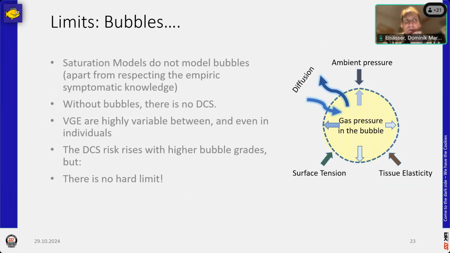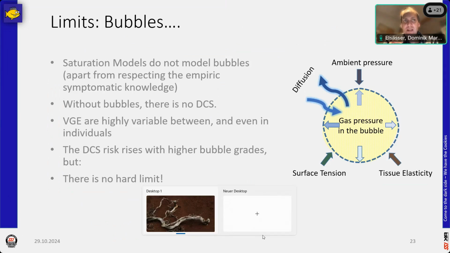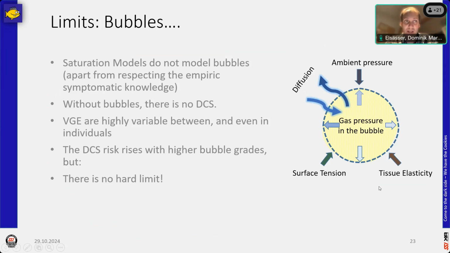And now we have the innate idea, of course, that decompression sickness has something to do with bubbles. We don't really know the exact mechanism. We don't really know a limit. But there is some connection in some way to this process that if supersaturation becomes too high, and if other circumstances are present that entice bubble formation, our tissues make bubbles, and those cause a cascade of problems. However, it might come as a surprise, the models we have as of yet discussed, like Bühlmann, for example, they